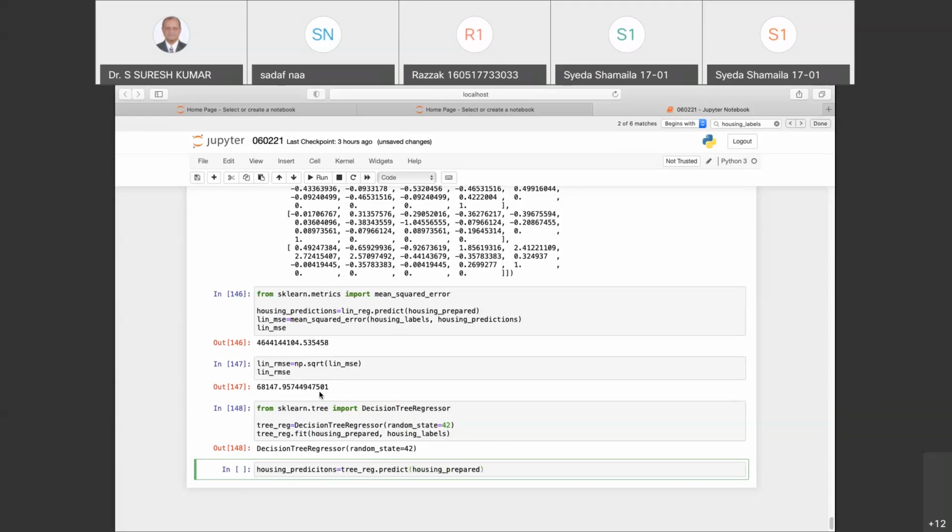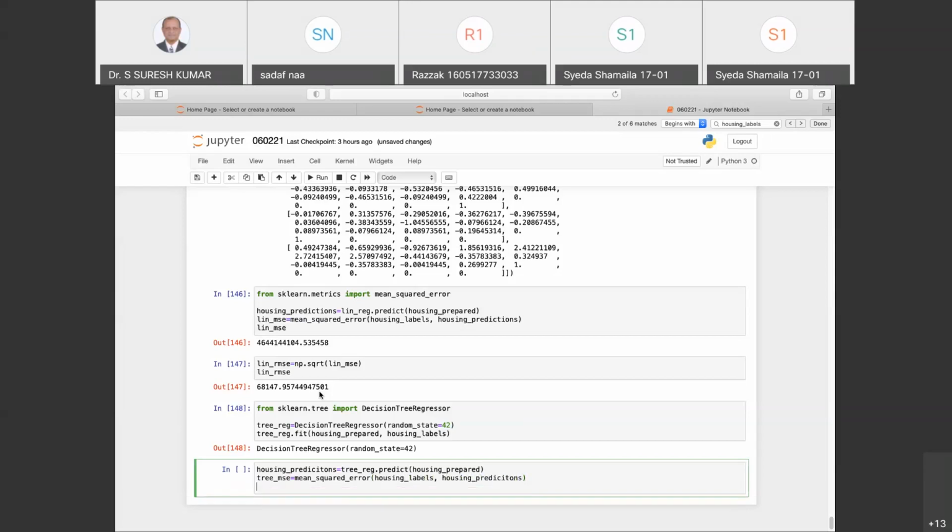Now I find the mean squared error: tree_mse is mean_squared_error of housing_labels and housing_predictions.